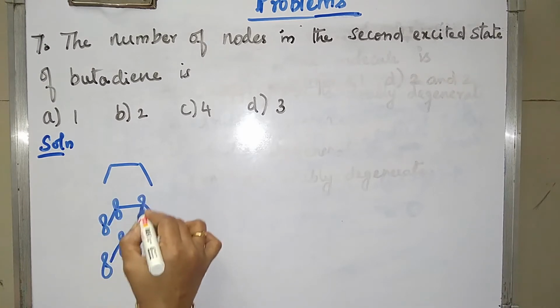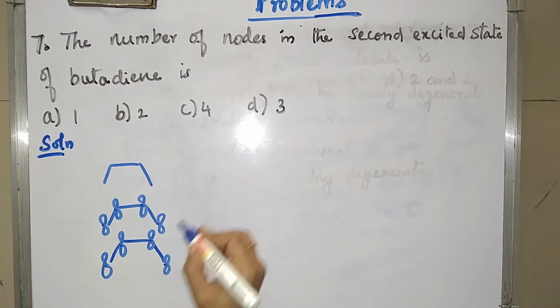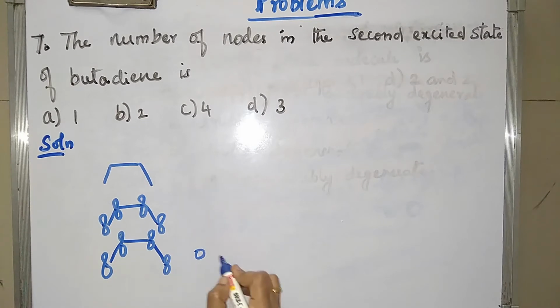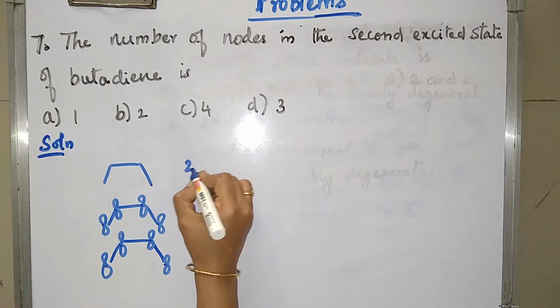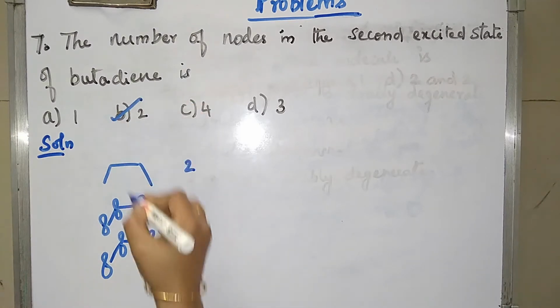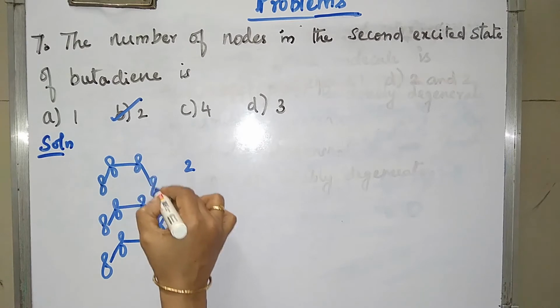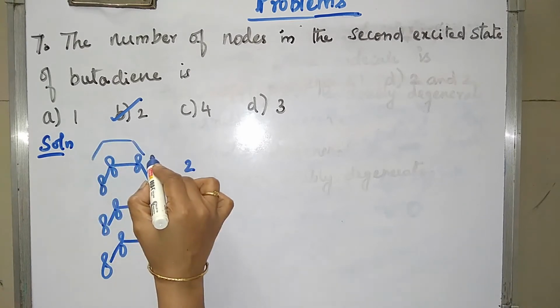This is in the exam. If you do it like this, it takes too much time, so there's no need to do it like this. Easily you can say the ground state is 0, first excited state is 1, and second excited state is 2. We can easily say that. Then this we can also do. So 2 is the answer, but I'll tell you how we find the nodes also. Overall 4 states are there.